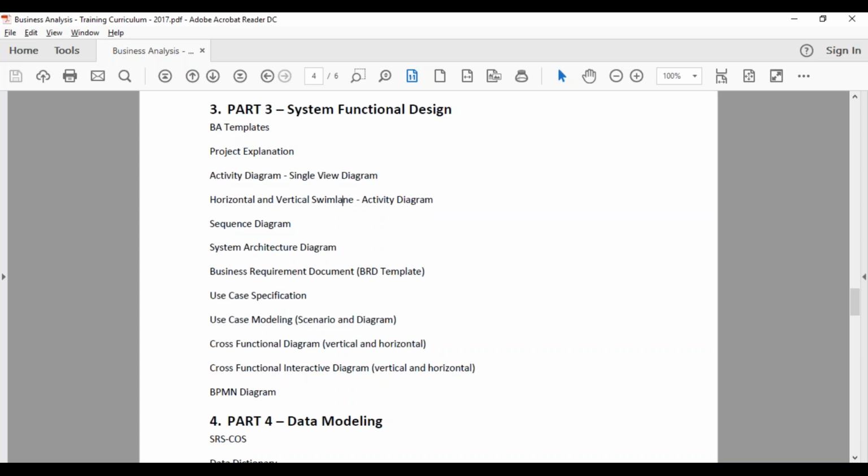So we've spent good amount of time in understanding how to create different system design, how to create the functional design, what is an architecture, how to create system architecture, how to work on the module architecture. We will wind up the system functional design part 3 with BRD document, business requirement document,